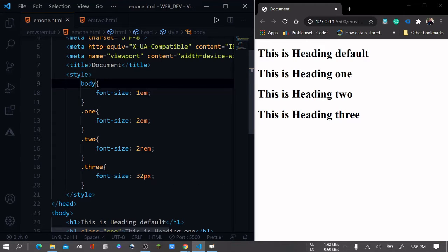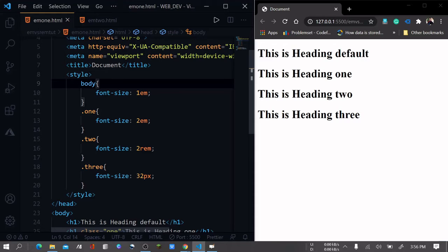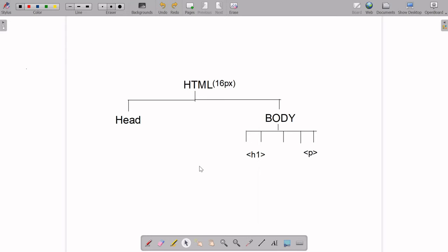So the parent of body is HTML. If you can't imagine that, I will show you the hierarchy. Here, this is HTML, the top element of our HTML document. Its children are head and body, and inside body I have headings and paragraphs. So this is the hierarchy you need to keep in mind.